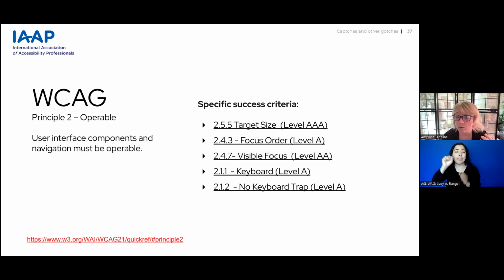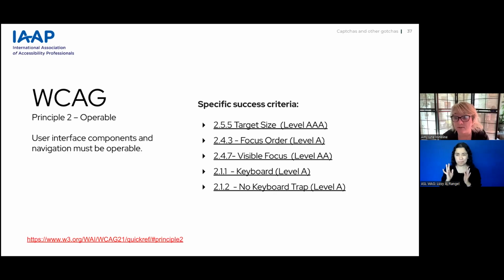2.4.3 talks about focus order. Does the user have to tab through the whole entire web page to get out of that modal, that pop-up that's blocking their screen? Not very good UI. If you have a lot of components on your web page, people are not going to want to have to tab through all of those things, especially big mega menus if you don't have that programmed right, through all the links, through all the footers, just to close that cookie banner or that modal or that subscribe to our newsletter box.